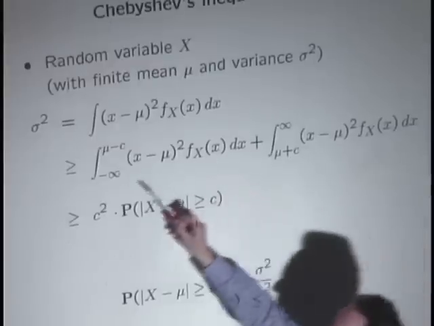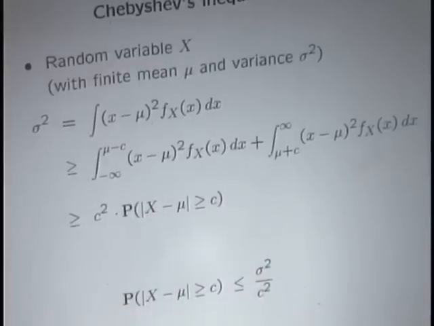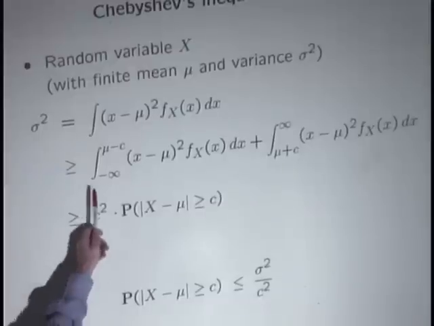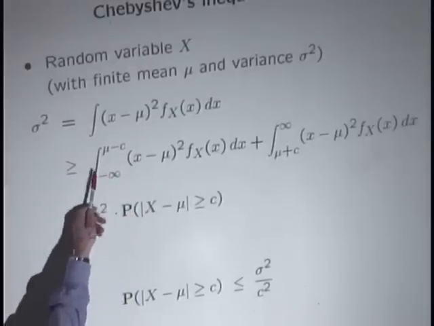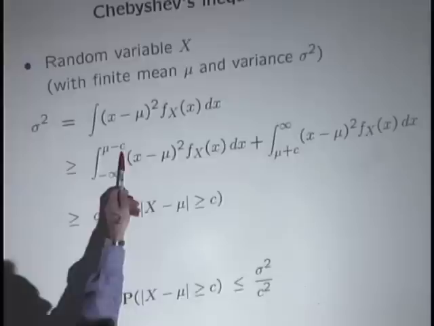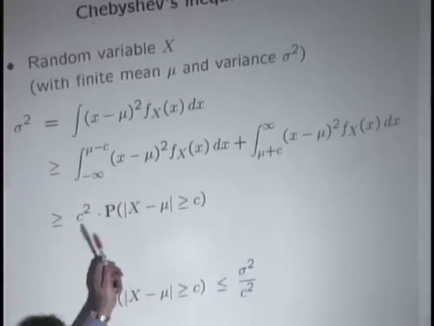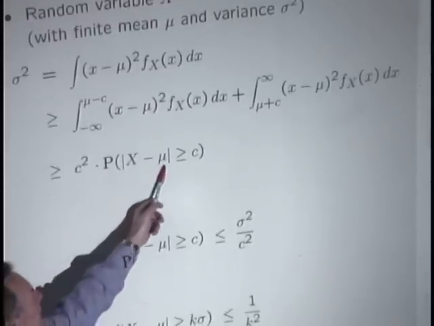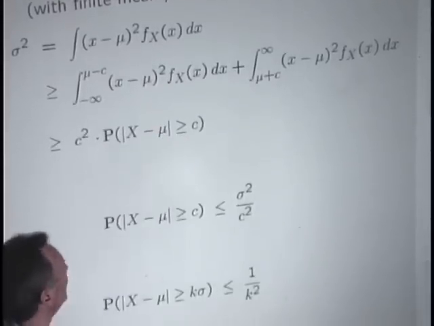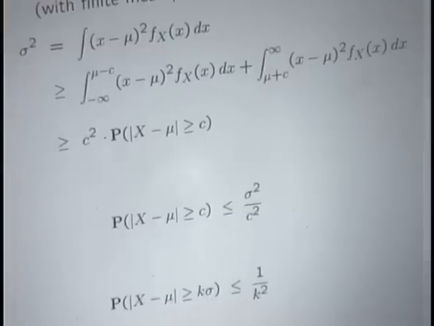Same thing on the other side. And so what factors out is this term c squared. And inside, we're left with the probability of being to the left of mu minus c, and then the probability of being to the right of mu plus c, which is the same as the probability that the absolute value of the distance from the mean is larger than or equal to c. So that's the same inequality that we proved there, except that here I'm using c, there I used a, but it's exactly the same one.